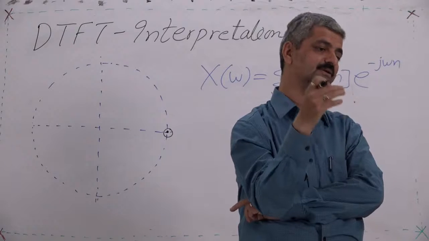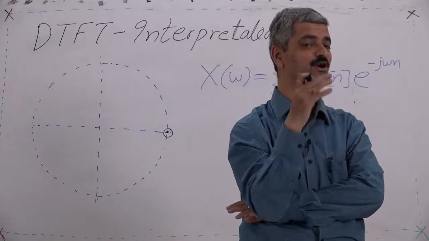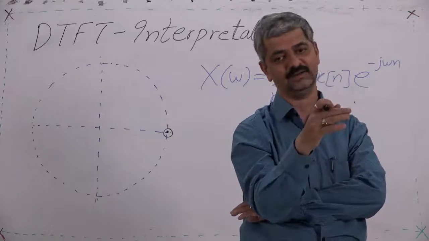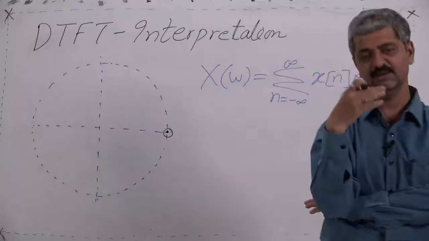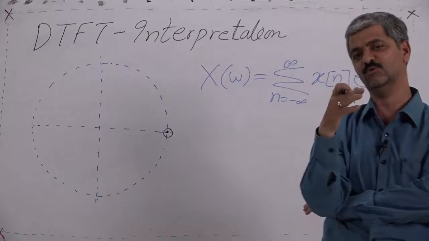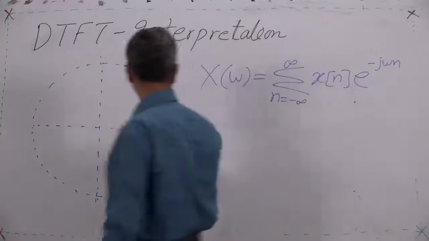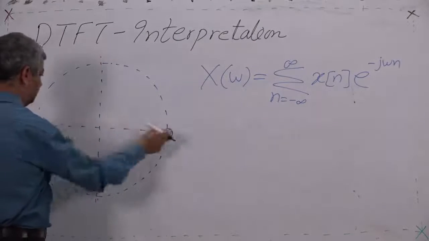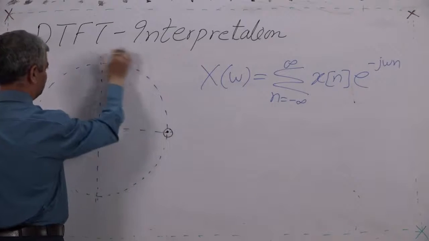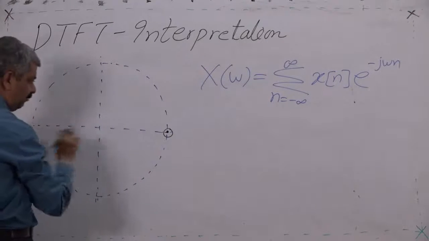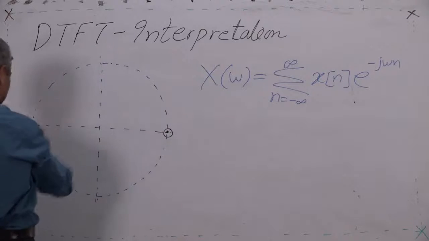In this case, the n being integer, all points on the circle are not sequentially covered. So when omega increases, in case of continuous thing, omega can increase till infinity. In this case, when omega increases, when omega becomes pi, it becomes 1, this here, here, here, here, here, here. If omega is small, it rotates like this. For omega equal to pi, for omega more than pi, it is this.